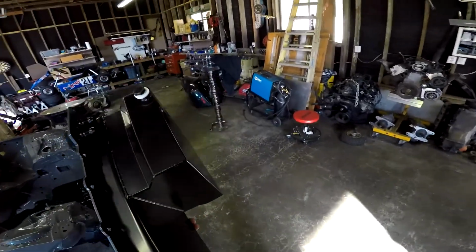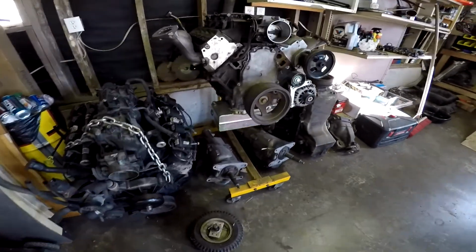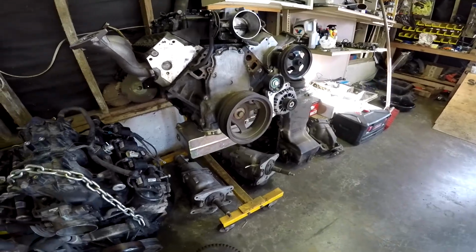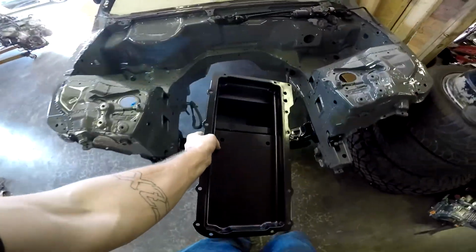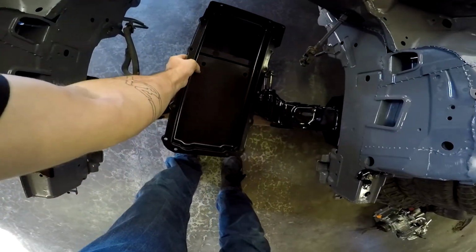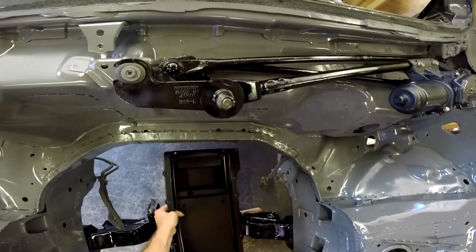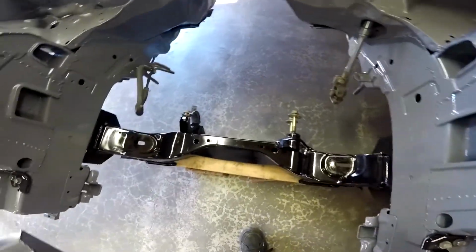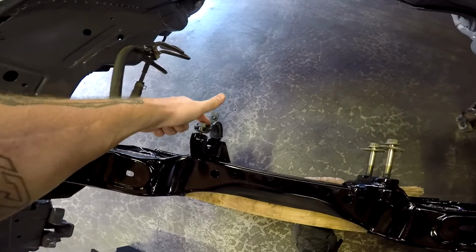Alright, so here's the new oil pan. Not as nice as the one that he has, that is front sump, because it's got wider, but it's deep and it works. And essentially, from what he has explained to me, it'll go out here and still leave us room on the back for the motor, since we're going to section